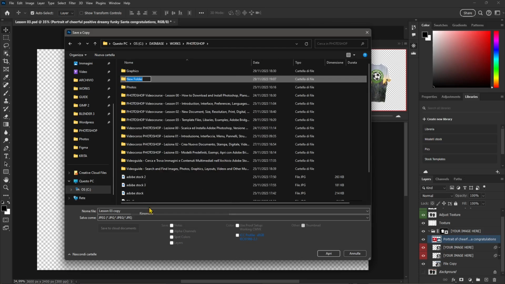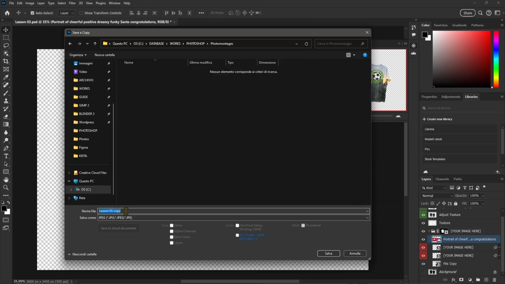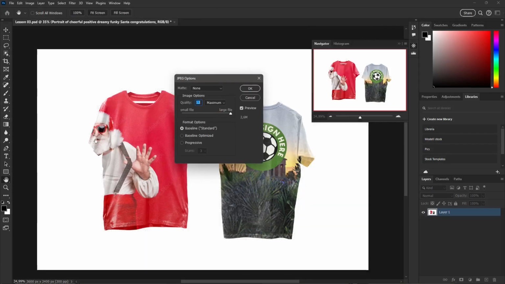So I want to name this photo montages. Okay, and let's call this JPEG, with opaque background. So even though here I don't have a background, you can see when I save JPEG, it's gonna add